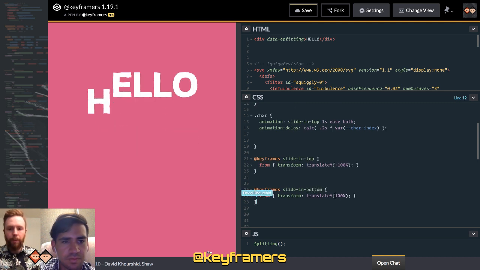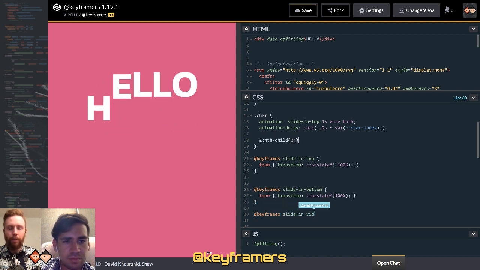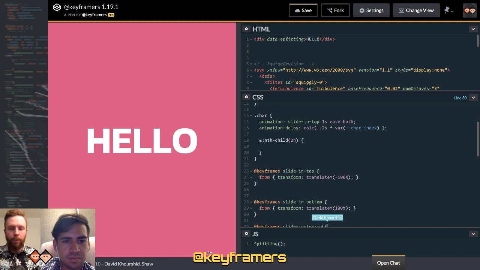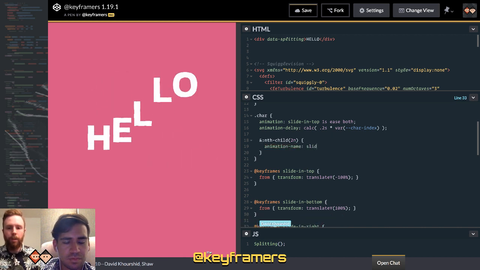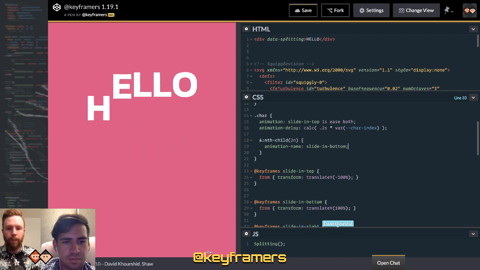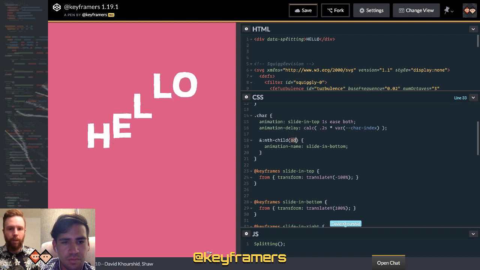And this will come from the opposite end. And nth child 2n in of char, we will target with animation name slide in bottom. And this should give us a nice nth child odd.